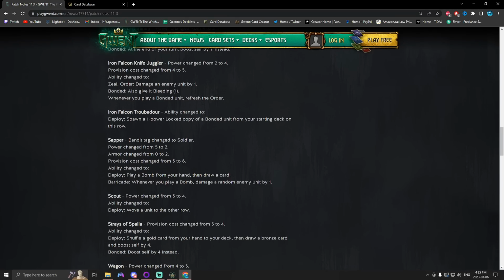Now we have Sapper, Bandit tag change to Soldier. It's kind of interesting. Power change from 5 to 2. Armor change from 0 to 2. Provision cost change from 5 to 6. Ability change to deploy, play a bomb from your hand, then draw a card. I like that. That's really cool. Whenever you play a bomb, damage a random enemy by 1. Okay, so this is actually...